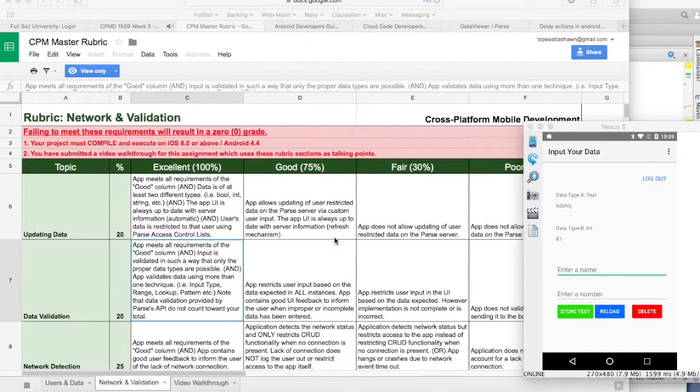I'm just going to go over the rubric in conjunction with the application just to show you that it does what the rubric requires. It says all that meets all requirements, good, and data is of at least 2 different types. Yes, from last week I did have a string type and a number int type go into the Parse server, so that's still true. The app UI is always up to date with the server information automatically, and user data is restricted to that using the ACL. ACL was implemented last week, so I just want to show you that it is updated automatically